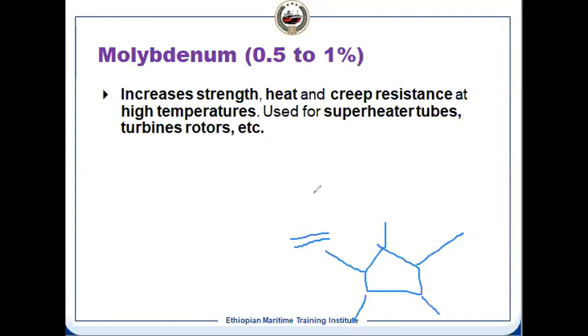Turbine blades. It means turbine blades will be at elevated temperature, because suppose superheated steam is hitting the turbine rotor blades. So it is working at that high temperature. Or our turbocharger, for example, in the main engine, that is working at very high temperature constantly. So it will have molybdenum as an alloying element, so that it gives us creep resistance.